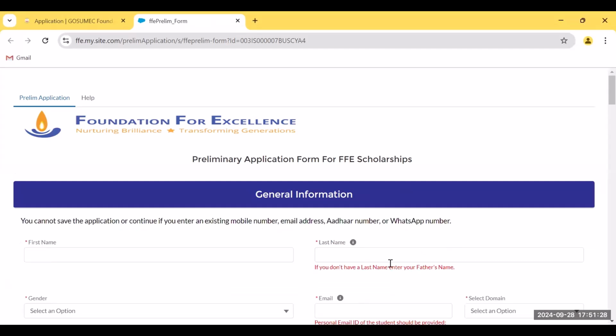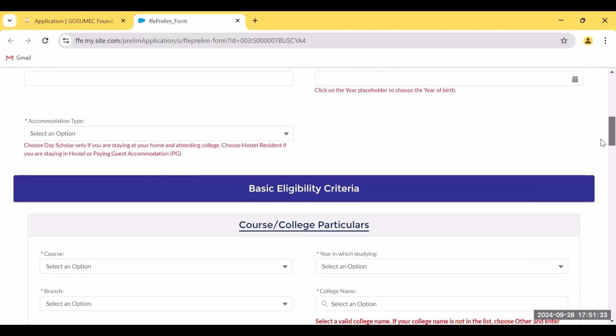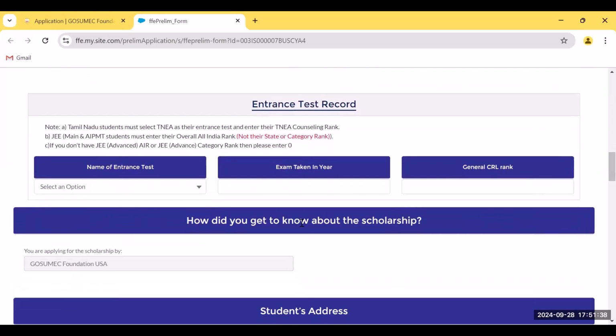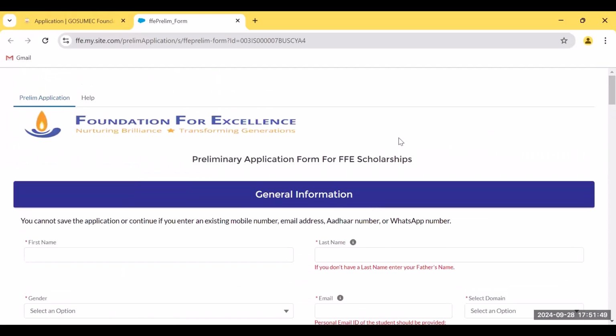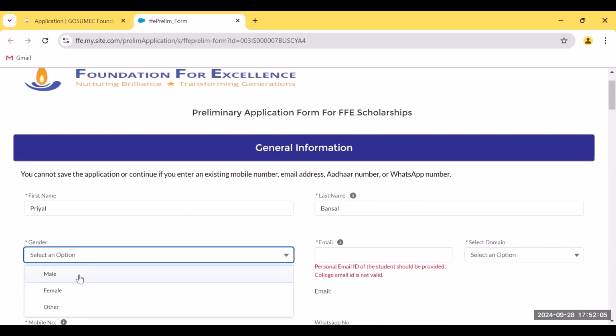The preliminary application form will open up and some of the fields will be pre-filled. For example, the section, how did you get to know about the scholarship, will already be pre-filled by GOSUMEC Foundation USA. Please start to fill in the rest of the details. Here you need to input your first name, this would be your second name, enter the gender,